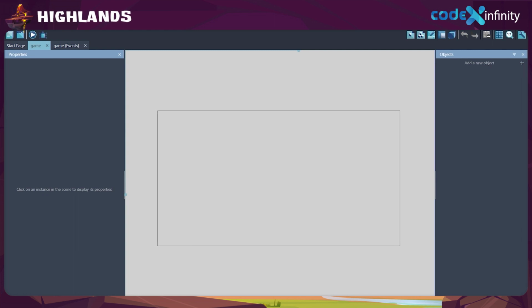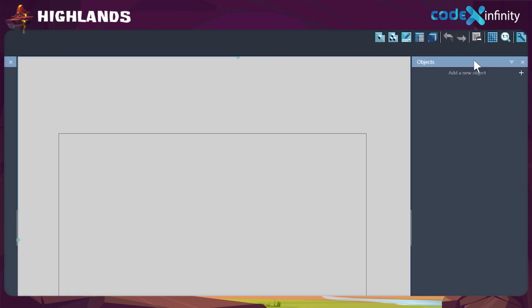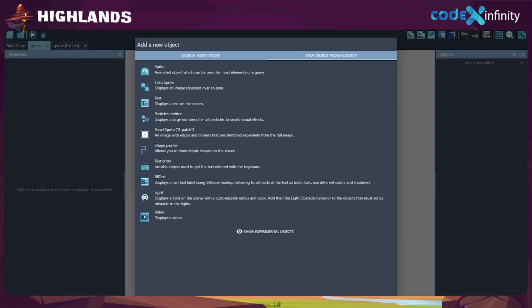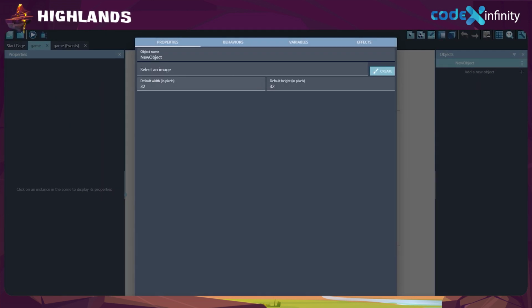Okay, now we need a chilling Arctic background for where our game will take place. For that, first we will have to click the Objects tab on the right side of the game interface. In the Object tab, click on Add a New Object. Then click on the Tiled Sprite option. A new window opens up. There, change the object name to Background